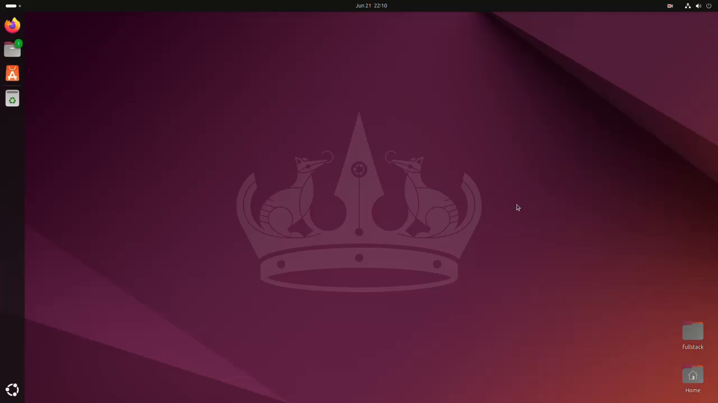In this tutorial, we are going to learn how to set up PHP on Ubuntu 24.04 LTS. So let's get started. At first, open a new terminal